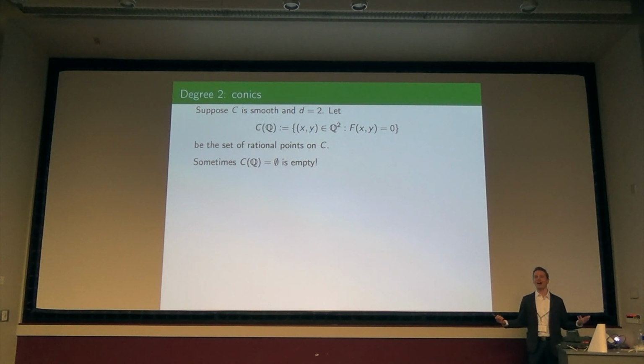So how do you decide if an equation doesn't have any rational solutions? What are you going to do? I guess you could plug into the equation and see that it's never satisfied. And then maybe if you search for a really long time, you were led to believe that there are no solutions, but that's not really a proof. Okay, we're not yet at the need for heuristics, at least at this stage.